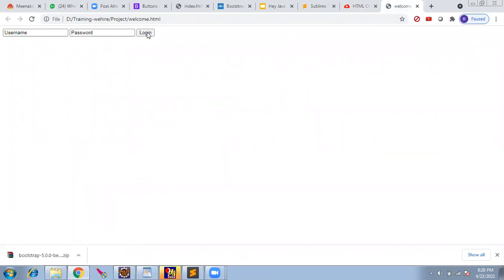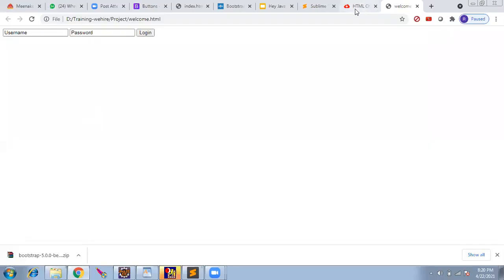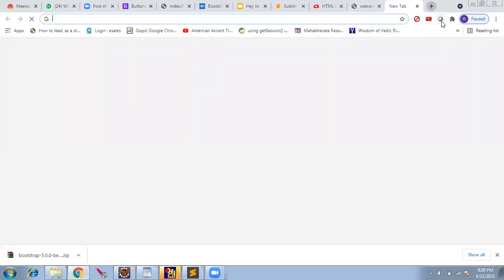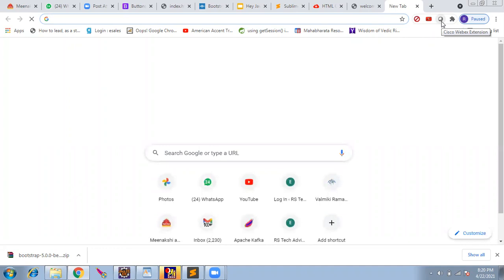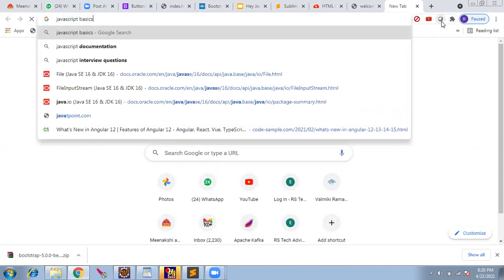Now on click of this button, I want to give an alert: you have clicked the login. So here there is something called a click function. For that, I will just combine HTML, JavaScript and CSS. Just follow with me. It is very easy, so that we don't need separate classes for everything. It all works together. So, JavaScript basics.